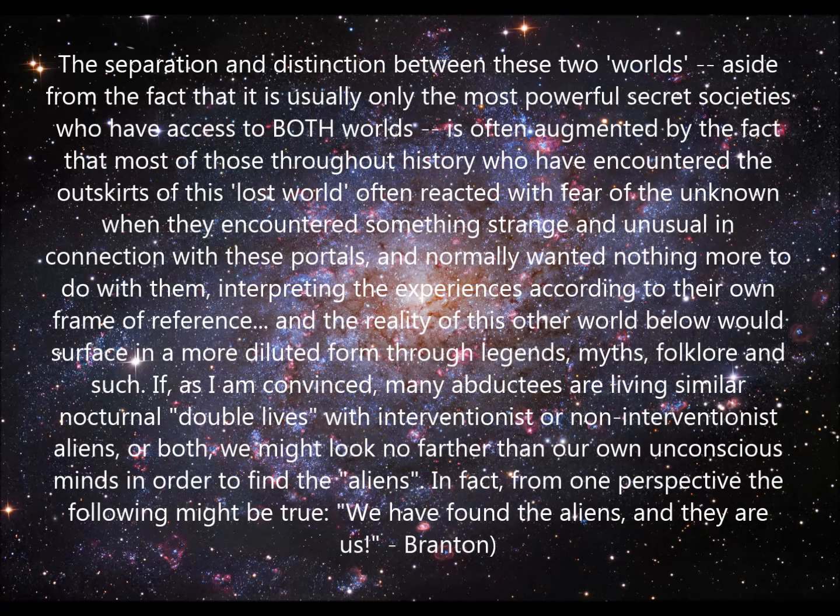The separation and distinction between these two worlds, aside from the fact that it is usually only the most powerful secret societies who have access to both worlds, is often augmented by the fact that most of those throughout history who have encountered the outskirts of this lost world often reacted with fear of the unknown when they encountered something strange and unusual in connection with these portals, and normally wanted nothing more to do with them, interpreting the experiences according to their own frame of reference. And the reality of this other world below would surface in a more diluted form through legends, myths, folklore and